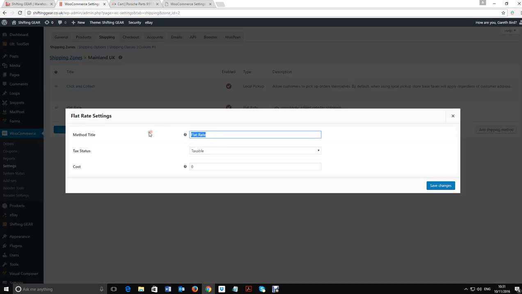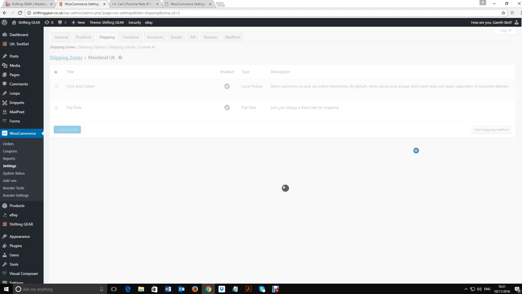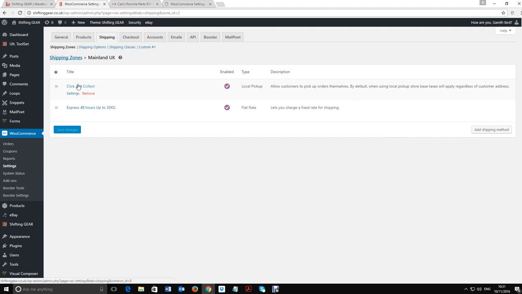Settings. I'm going to call this Express 48 hours up to 30 kilogram. And I'm going to charge this at £6.95. So it's 7p cheaper than what it actually costs me, but it's a nicer price. So what happens now is when someone goes to the store, they've got the choice now going click or collect